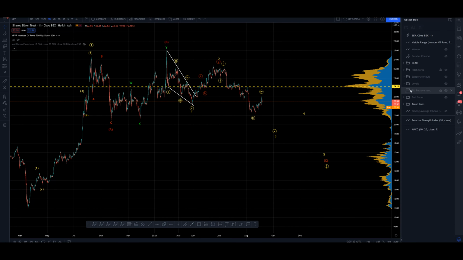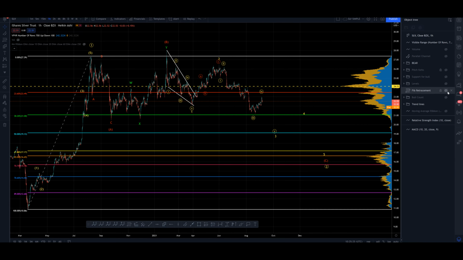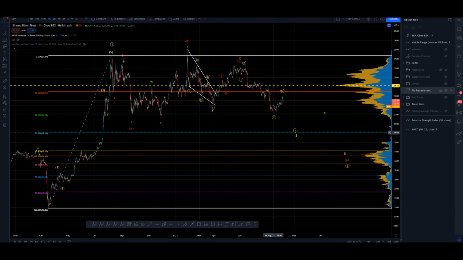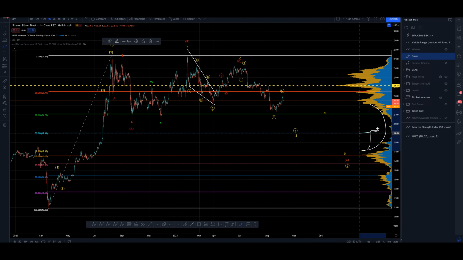If we just bring up our Fib retracement here, we can see that off of the low back in March 20 to the high, we can see this little node of volume around here, right around the golden ratio, right around the 61.8 and the 65, right around this peak of volume. Very little to stop the price from collapsing through here. This is a big gulf of lack of market acceptance, and we can see why, because we just had this vertical move here, very little market acceptance here.